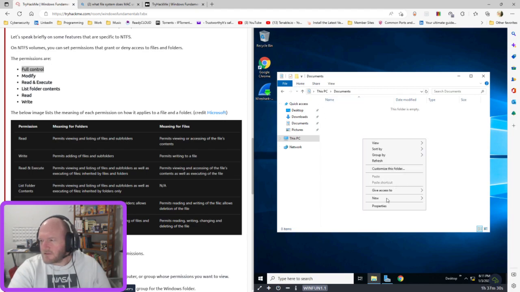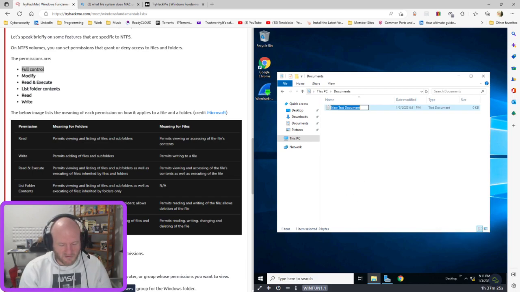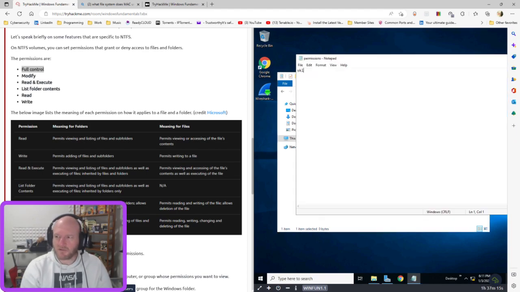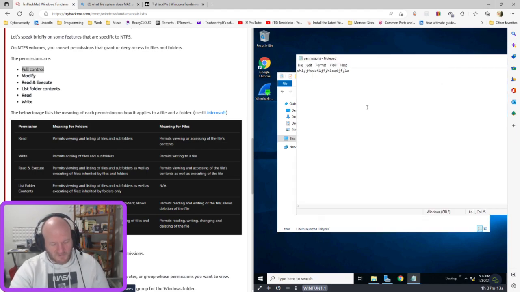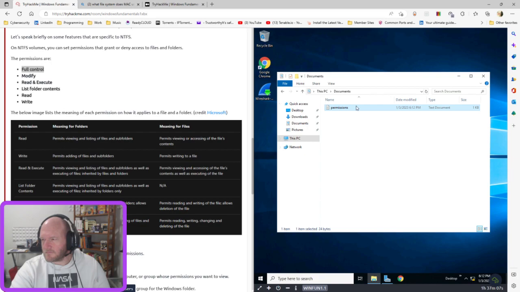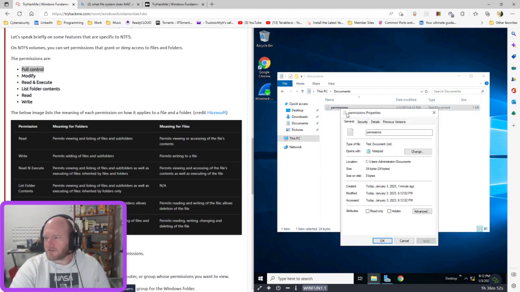So let's say, for instance, create a text document, and we're going to call this permissions. Let's just write some gibberish in here. I'm going to save that. Okay, gibberish is still there. So we're in this folder, documents, and we have this file called permissions. Let's say you want to restrict access to just permissions. You right click on it,